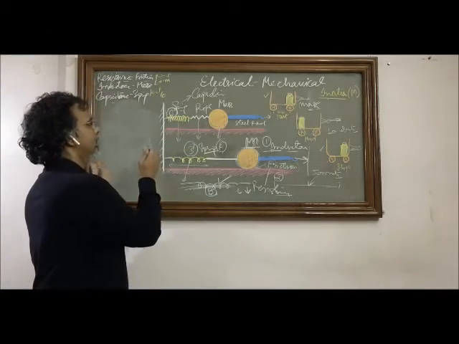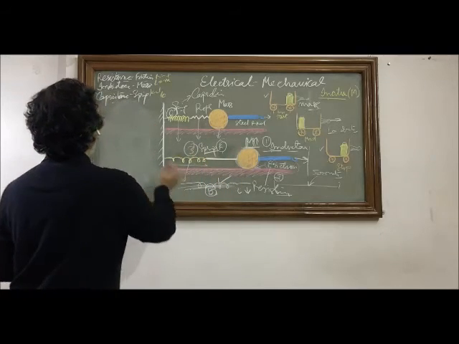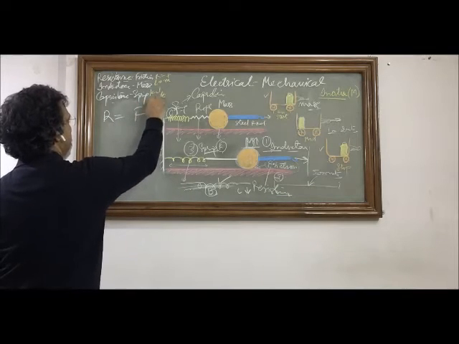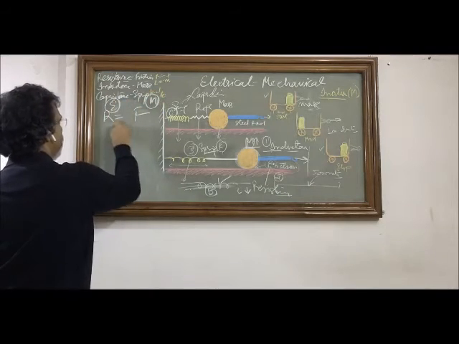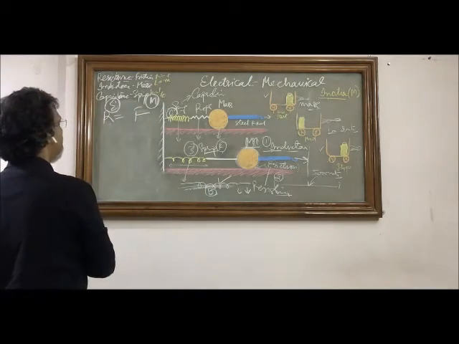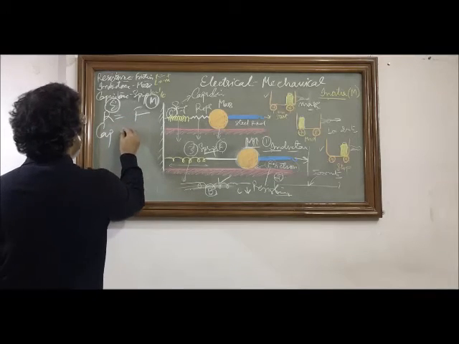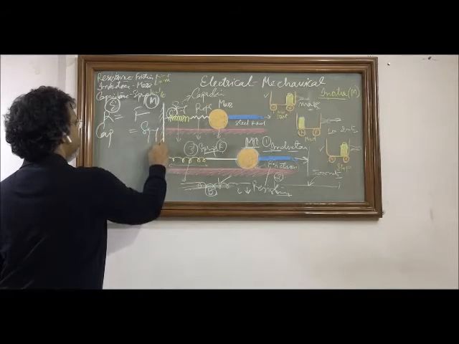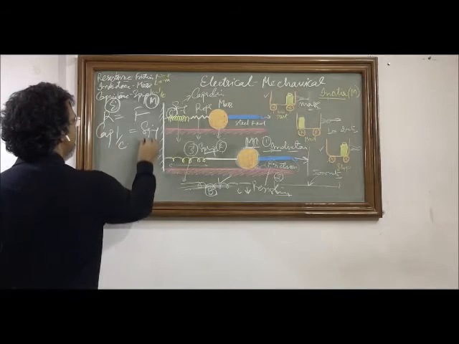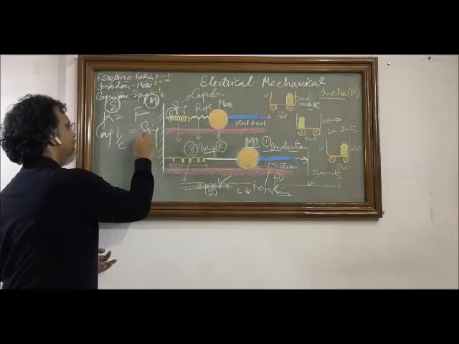We can say that there is an analogy between the electrical and the mechanical context. For resistance, we can say this is equivalent to the friction that we see. Here we have the mechanical counterparts, here we have the electrical counterparts. So the electrical resistance is what we see as friction in the mechanical or the movement context. For the capacitor, it is like the spring you find in the mechanical context, and 1 by capacitance of the capacitor is equivalent to the spring constant K in a mechanical system.